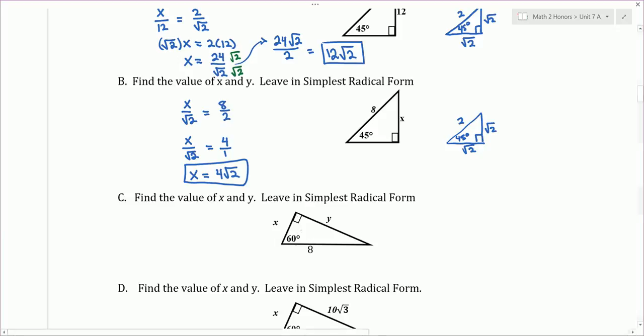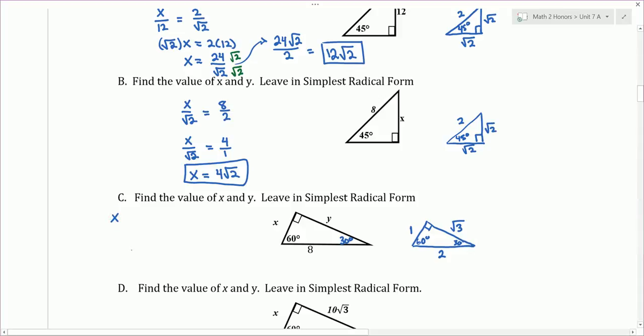Part C, we have a 30, 60, 90 right triangle. And I'm going to draw another 30, 60, 90 right triangle, one that we know the side lengths of. So here's 90, here's 60, here's 30, and across from the 90 is side length 2, across from the 30, side length 1, across from the 60 is the square root of 3. And here we want to solve for x and for y. So I'm going to start with x,